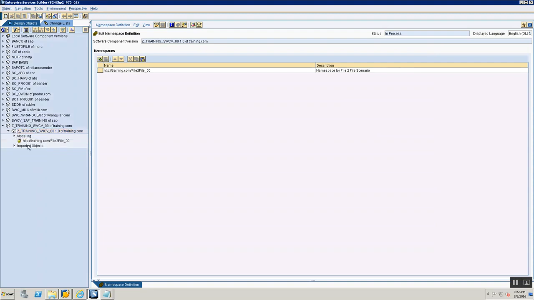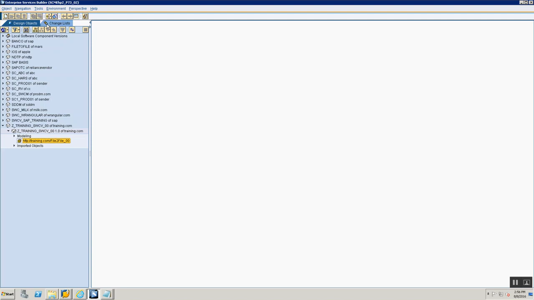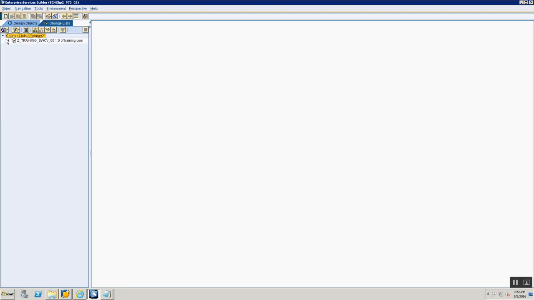And when you create a namespace, you would start seeing the namespace within the navigation window here. So now I can close my namespace definition. And if I go to my change list, all my changes are going to be available here. So there are two steps that you need to do. Once you make any change, you have to save it. And after you save it, you have to go to the change list tab. You have to navigate to your software component, and right there, so it would be like this. Navigate to your software component, expand your name change standard change list, right click on this change list and say